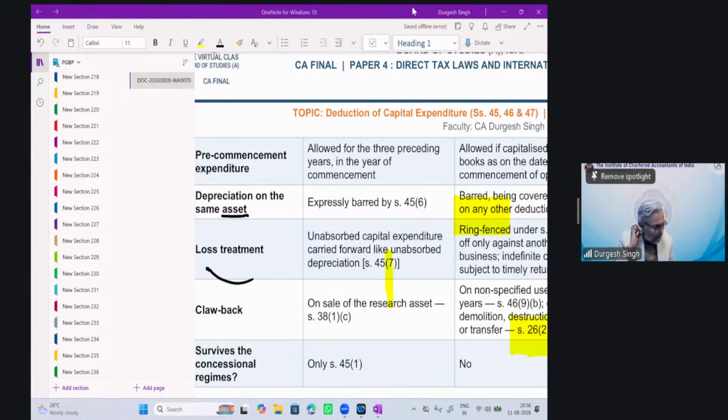No, generally I'll tell you, just think of it practically, how it will go. A person who is in 35AD or 46(1), which 46 section I'm talking about, they don't go for the alternate tax regime. Just think of ITC, a company. Visualize practically in the economy how it will unfold. A company like ITC in the hotel business, for construction of one hotel, 50 crores, 100 crores, 200 crores, 500 crores.